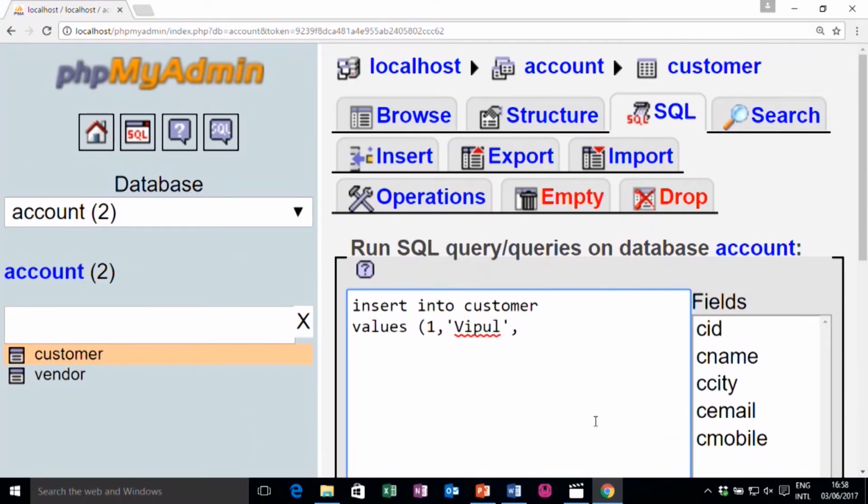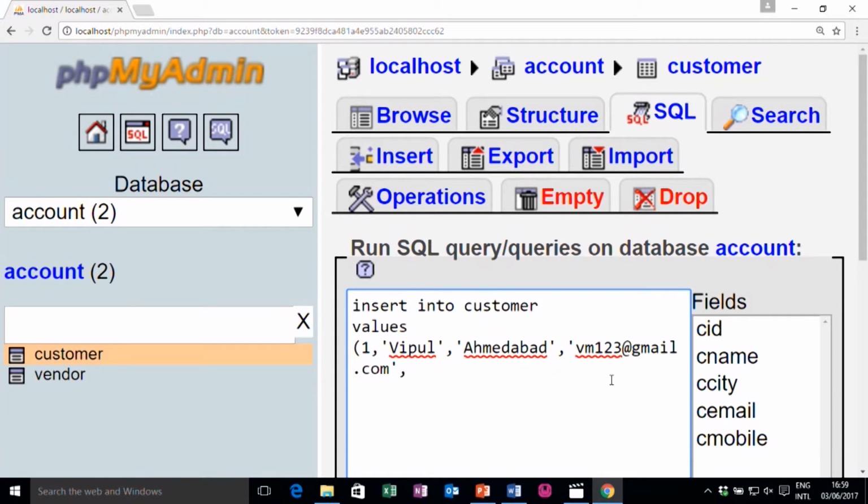Insert into customer, then customer city. So, let me provide customer city as Ahmedabad, comma, its email is, let me write VM, okay, I have to write in single quotes, it is VM123@gmail.com, and finally its mobile.